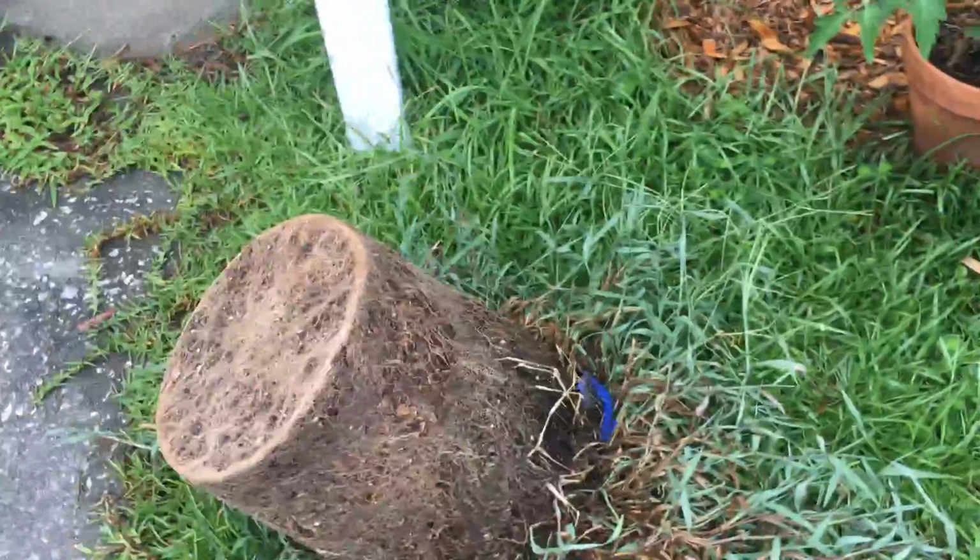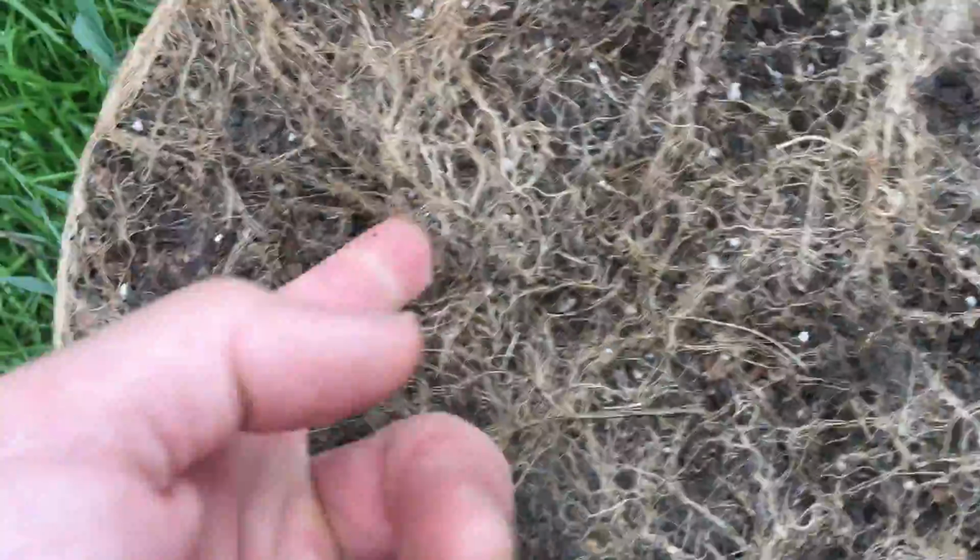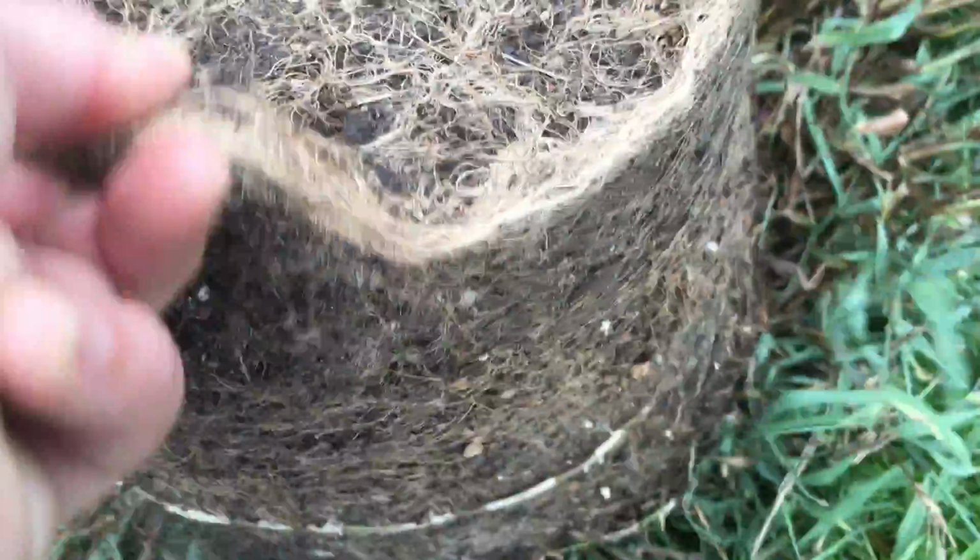And the other interesting thing about the buckets is it's not great for the roots of the plants. You can see how the roots just go in a complete circle and get all root bound. That's not really the best for absorbing nutrients and things. See how those roots are just all...